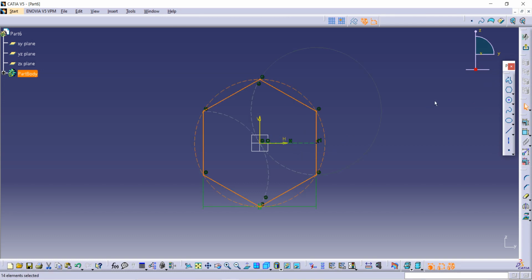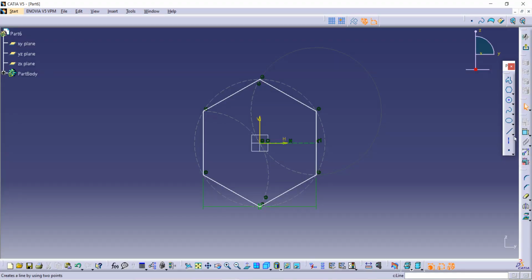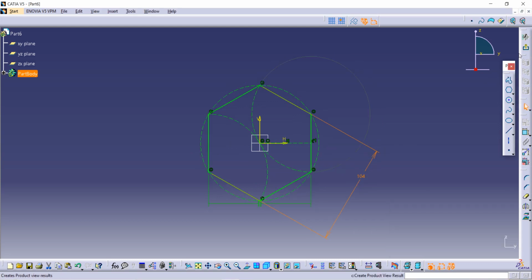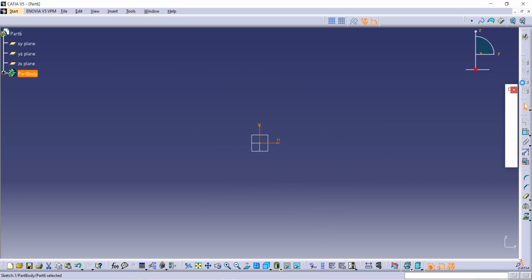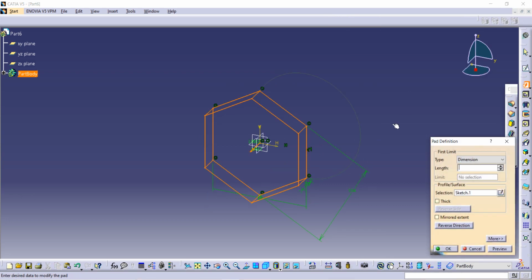Now let's see the dimensions. This is 104. Take this constraint option, select this line, I mean edge, and this edge, and the distance is 104 as shown in the figure. After that go on exit workbench and make this pad command, and the given dimension is 45, the length is